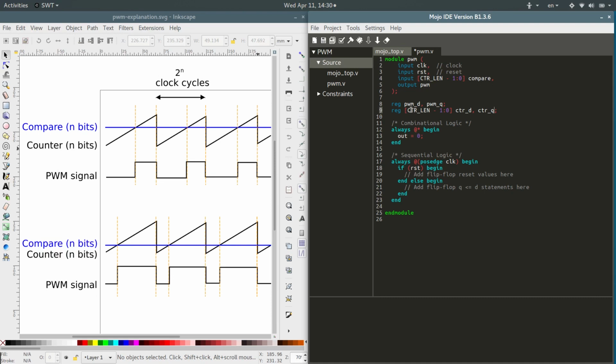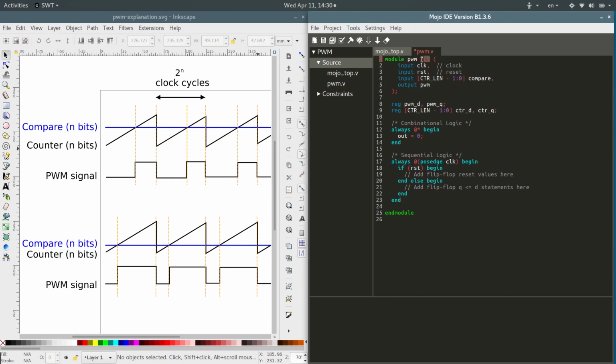Now we've used this variable, counter length, here and here, but we haven't actually defined it yet. So let's go up here, and these are going to be variables that we can assign values. We can pass values in to this module when we instantiate it, when we actually build one of these things that we're describing. So to let it know which variables to ask for when we create one of these PWMs,